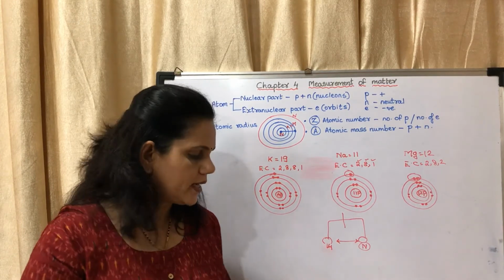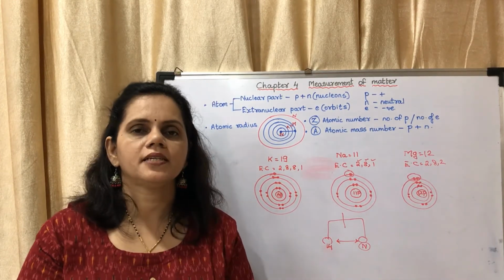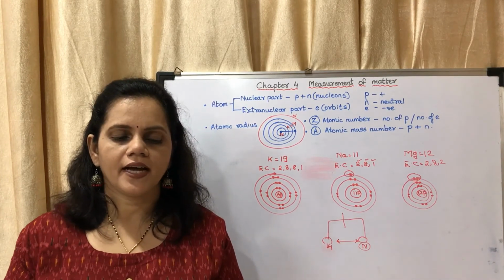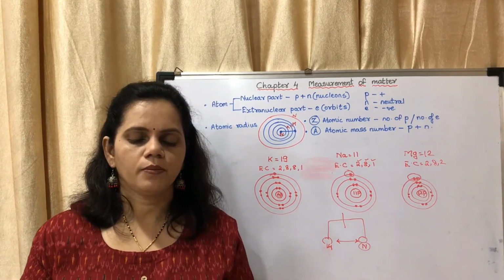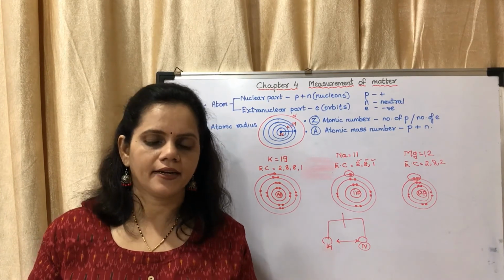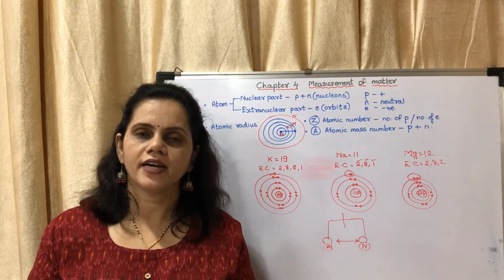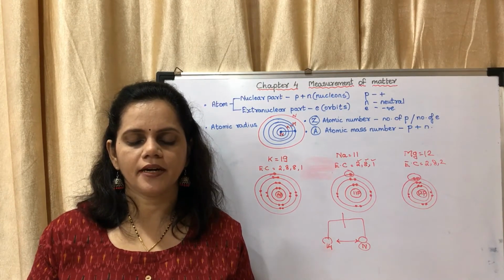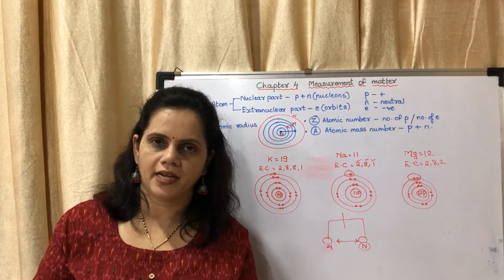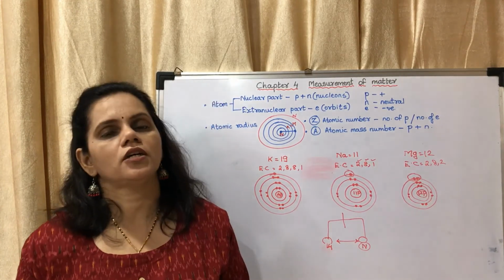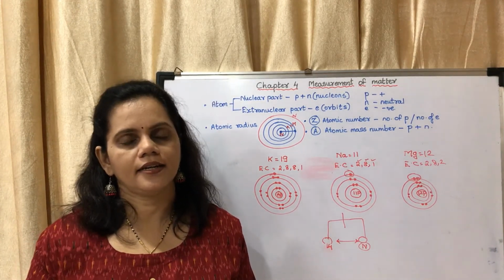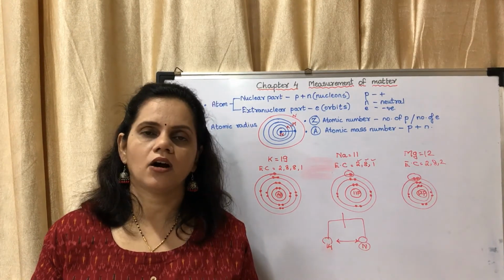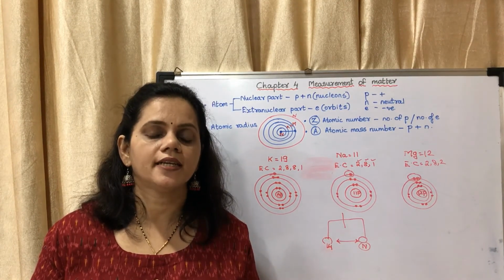But nowadays, on page number 50, first paragraph: today we have highly accurate methods for measuring the mass of an atom directly. Hence, instead of relative mass, unified mass has now been accepted as the unit of atomic mass. You may underline that. So earlier it was calculated as relative atomic mass, and now it is unified atomic mass. It is called Dalton. The unit is Dalton.